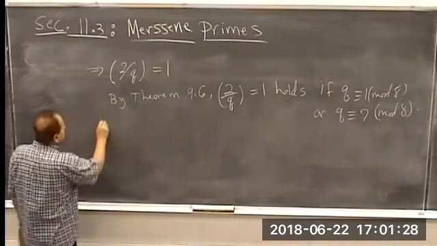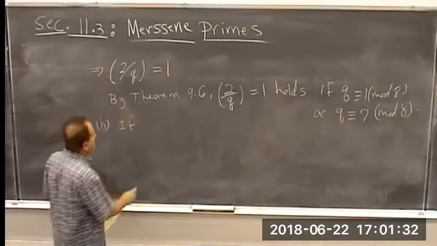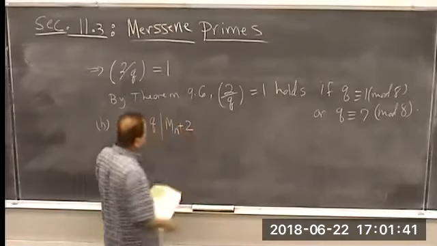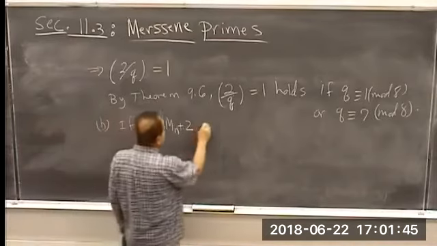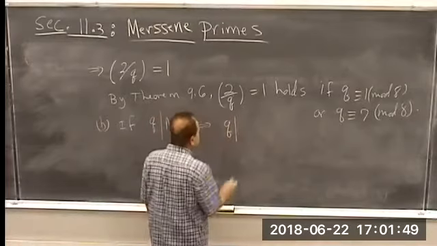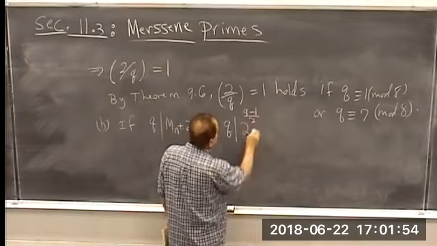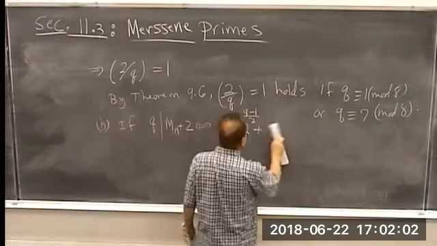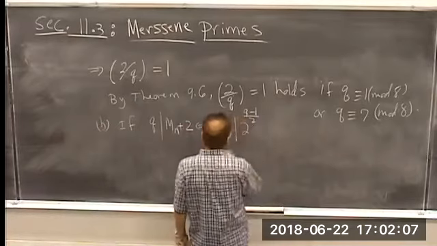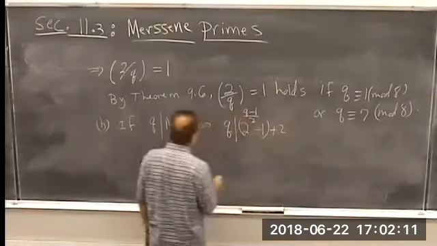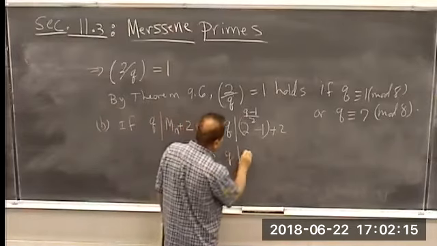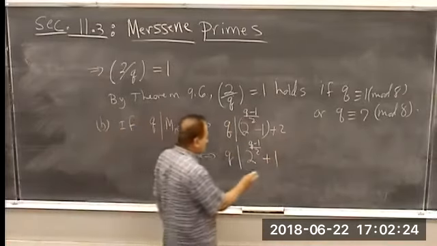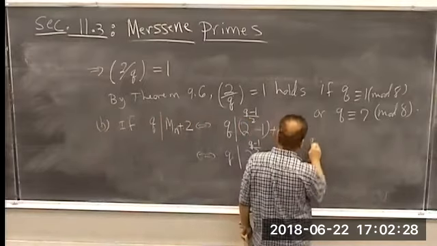Second part, B: if Q divides M_P plus 2, this is again equivalent to Q divides 2^((Q minus 1)/2) plus 1, because M is minus 1 plus 2. And again, this makes 2^((Q minus 1)/2)